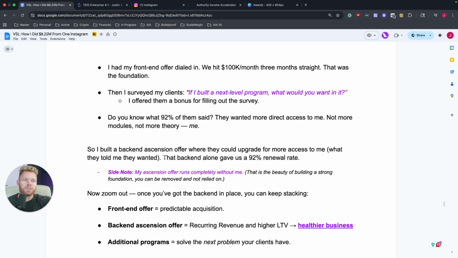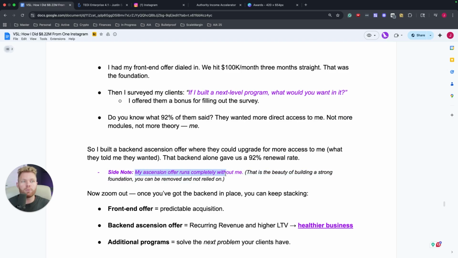And then once they get results, they join our back end, they ascend, and then they continue getting results and they continue to renew over and over and over again. Now, side note, the whole part is like more access to me. As I was telling you before, if you dip into your margin correctly and you build this the right way,